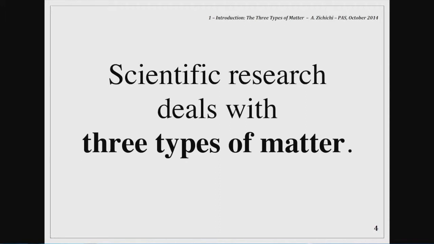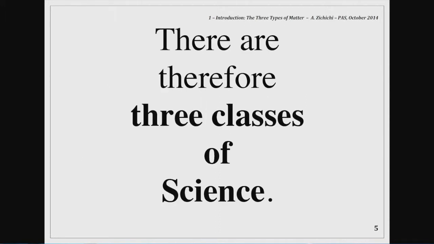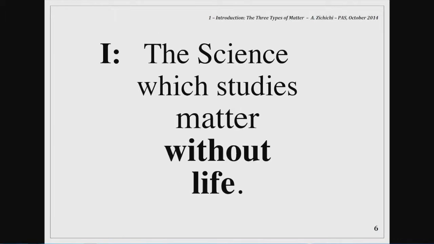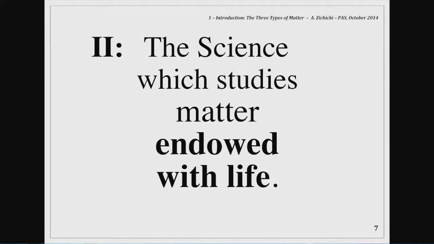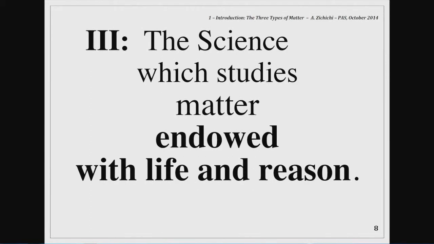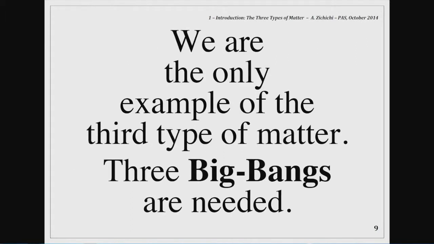Scientific research deals with these three types of matter. Therefore, there are three classes of science: the science which studies matter without life, the science which studies matter endowed with life, and the science which studies matter with life and reason. We are the only example of the third type of matter, and this brings us to the necessity of three